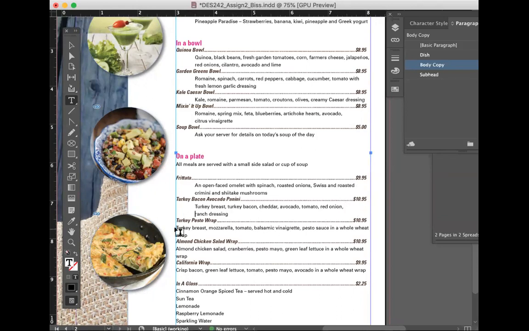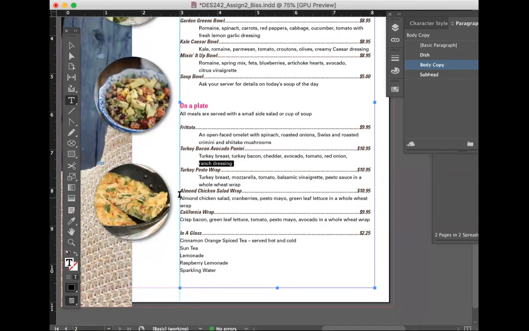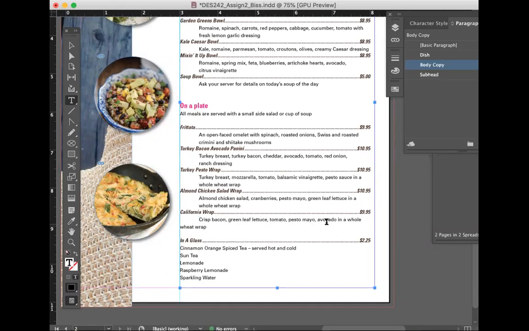Just make sure you don't have one word at the end of the sentence there. It's kind of a weird break. You want at least two words. You don't want a widow hanging out there. That's what they call a widow. Shift, trying to bump that down. That looks good. Then we could set it to these two. These are the drinks.